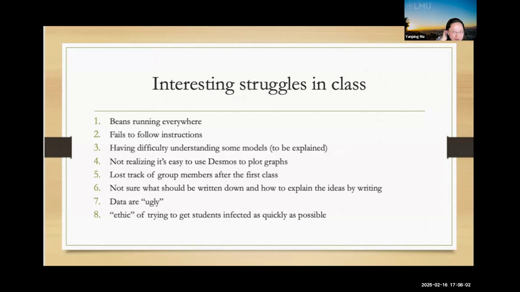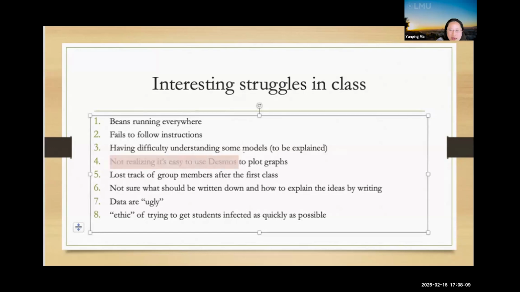Some of them have difficulty understanding the model, which is the key part I'm going to talk about in a second. And they have difficulty plotting the graph and building the model. And of course, occasionally they lose track of the group members, and they have difficulty handling ugly data.